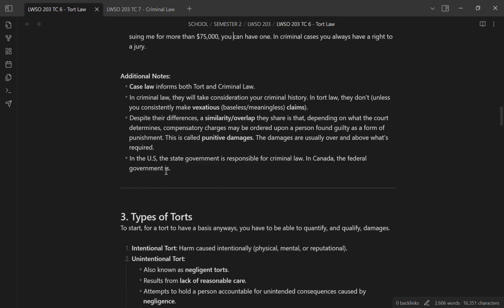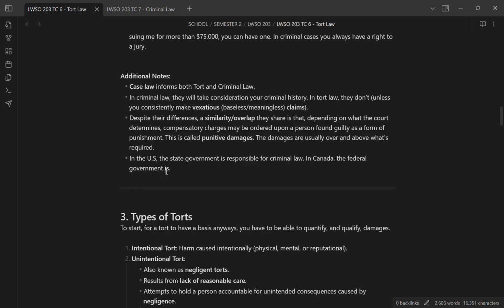Yeah, and specifically looking at criminal law, that's where it really shares more of a similarity to tort law than tort law does to criminal law, because again, this is an element of criminal law where you can see financial punishment coming into place, sort of like in tort law, right? Yeah. And finally,